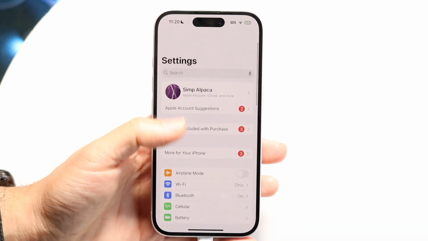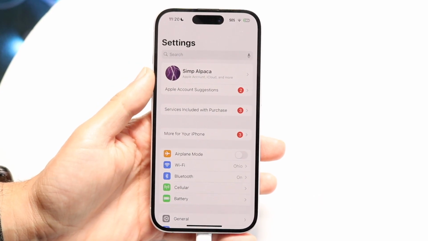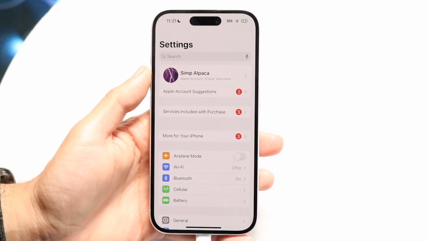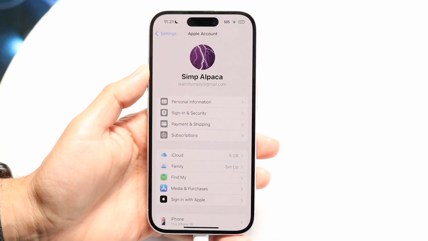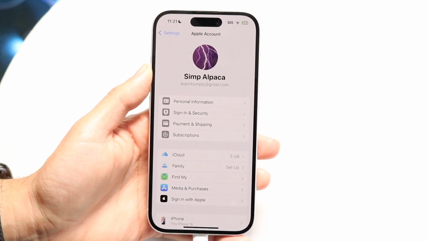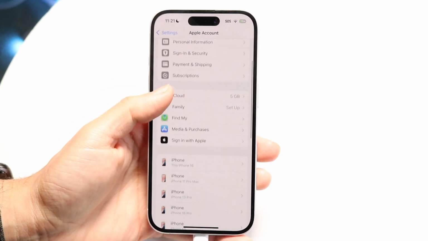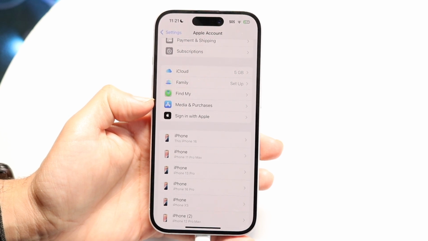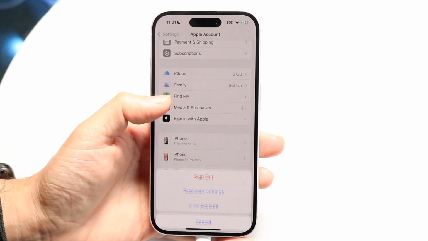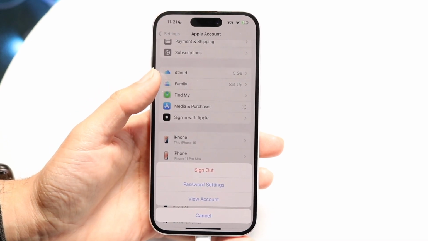So you're coming into this page. And then what you want to do is tap on your name that's in the top. So go and tap on your name right up here. And then you're going to want to scroll over until you find this option that says Media and Purchases. So go ahead and tap on here, Media and Purchases,